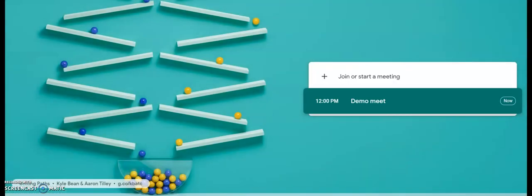Now the question is how to terminate the meeting. To terminate the meeting, I have to click on this red icon. When it is clicked, your meeting gets terminated. If I want to rejoin, I can rejoin by this particular mode. If I want to return to the home screen, I can do that, and now the demo meet event which was created by me via the calendar is appearing here. If my event is scheduled properly, I can join the meeting again through this mode also.